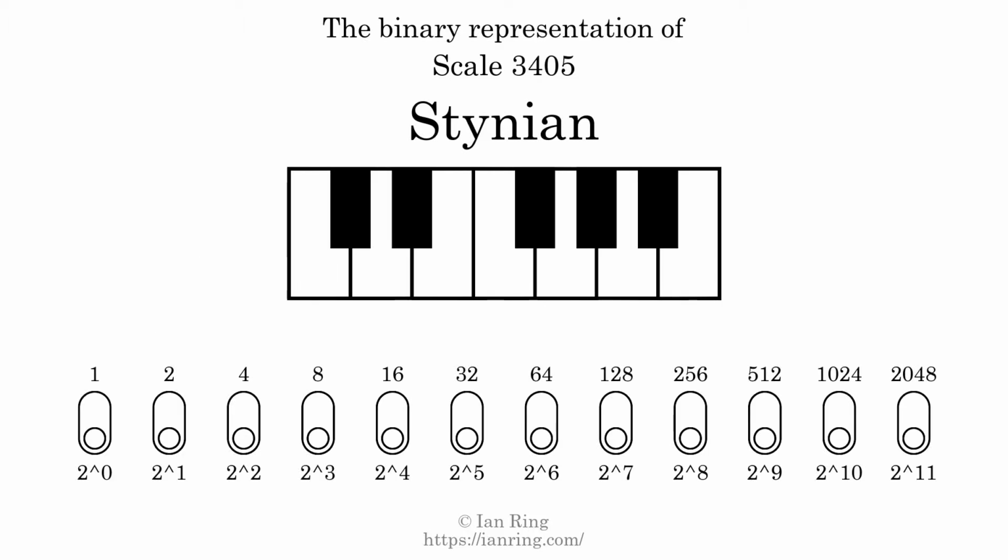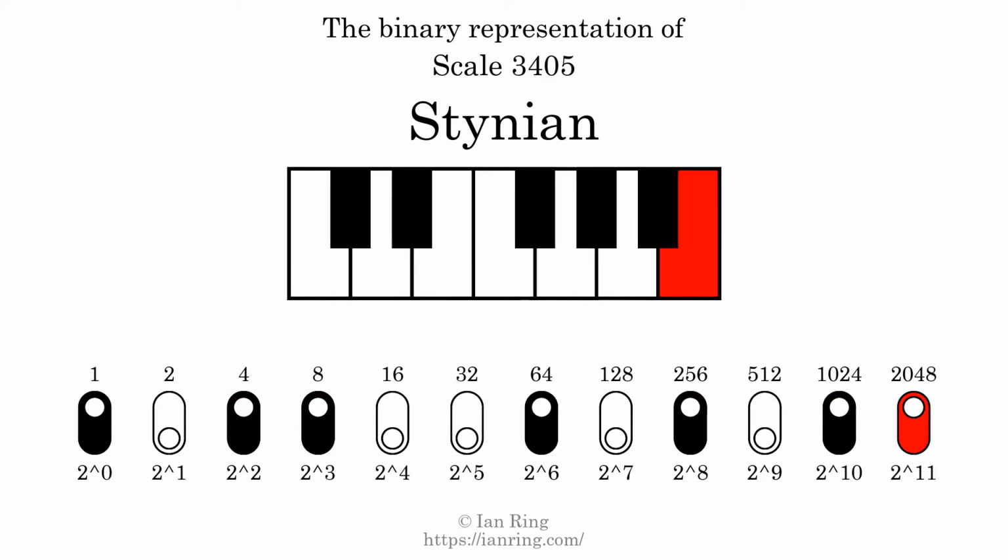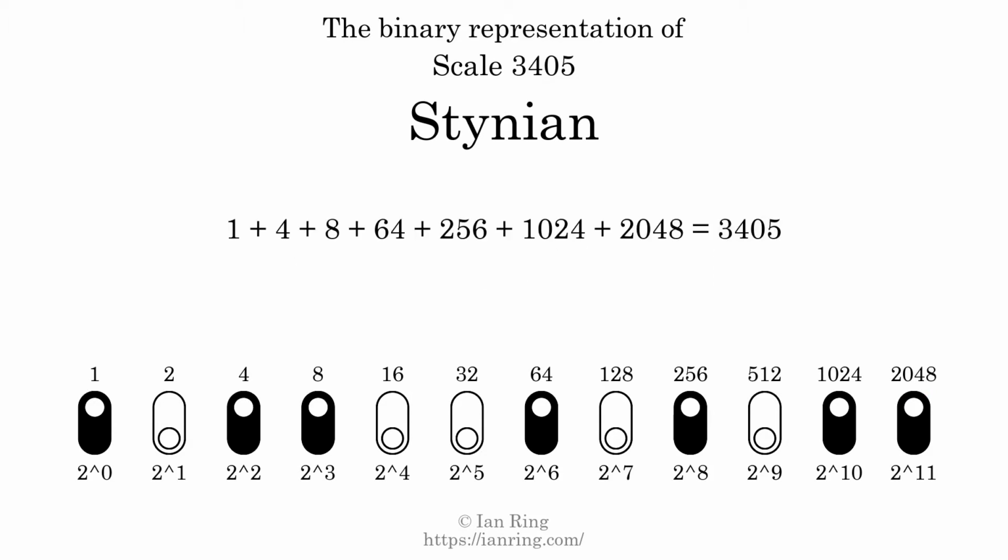The binary representation of this scale is determined by mapping tones of the scale to binary digits. Each binary digit represents a power of 2. To get the scale number, we add the powers of 2 together. The powers of 2 that are present in the scale, all added together, equals 3405. That is why the scale number, in decimal, is